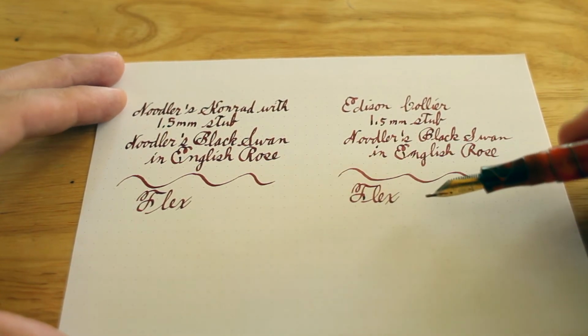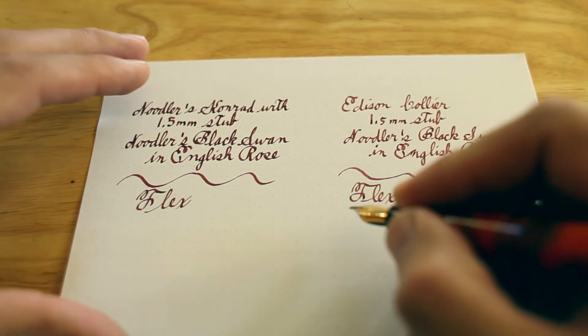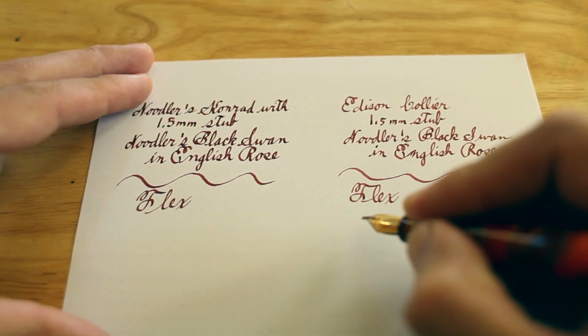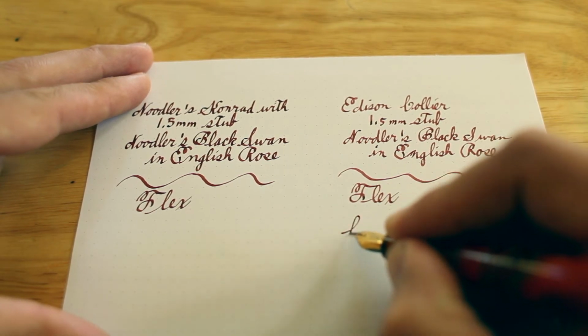Then I did the same on the Collier, and at least on my computer, I can see that the Collier is quite a lot more pale. Some inks it works better than others. Actually, with this ink, it's not as dramatic as I hoped it would be. It really showed up with Golden Brown and Apache Sunset. But anyway,